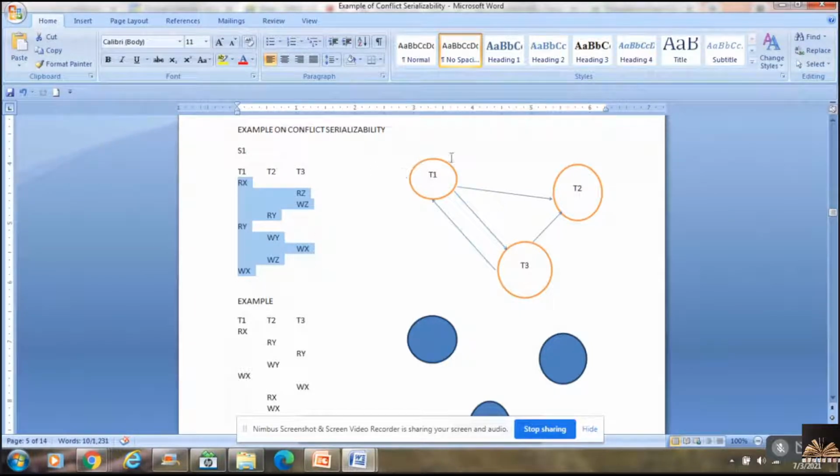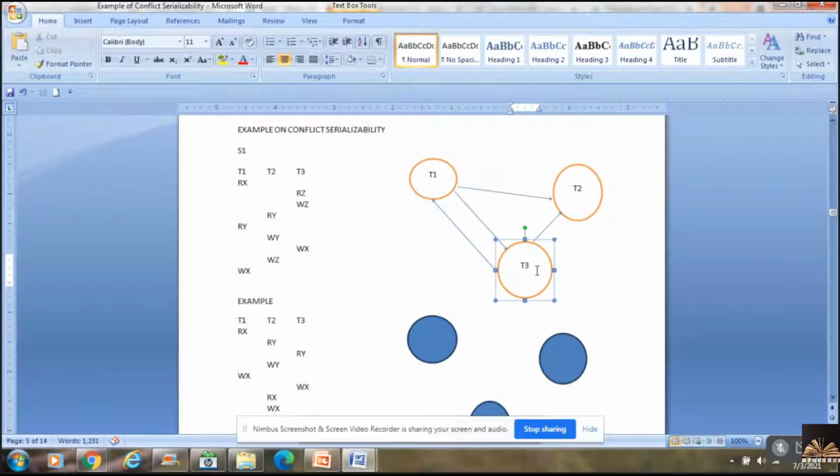Now, in order to build a precedence graph here, I'm just taking the vertices. T1, T2, T3 are the names of the transactions, and I'm working with them as the vertex names. So T1 is the first vertex, T2 is the second vertex, T3 is the third vertex.